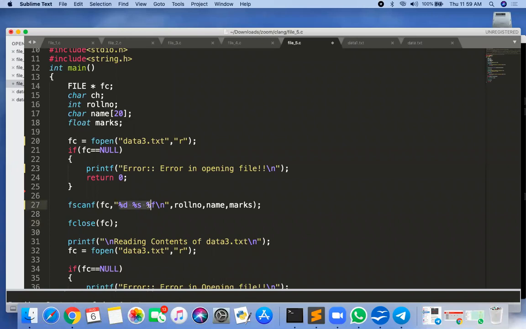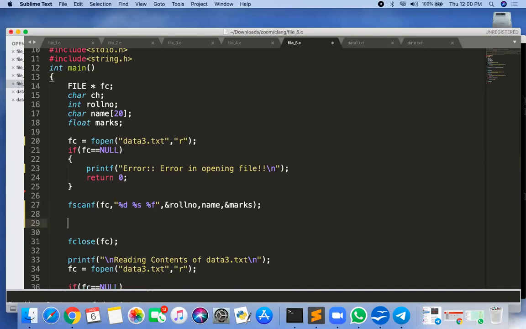And what is it? First one is roll number. So roll number is stored in address of roll number. Next one is your name. Name is stored into your name. Next one is your marks. Marks is stored in address of marks. And backslash n is not there. Okay, backslash n should not be there. Getting? Yes. I am only reading one data. First data I am only reading. I'm not reading the second one. Just now check that the first data is correct or not.